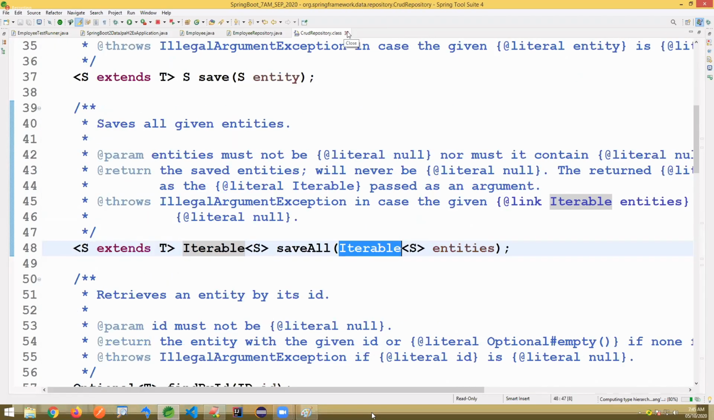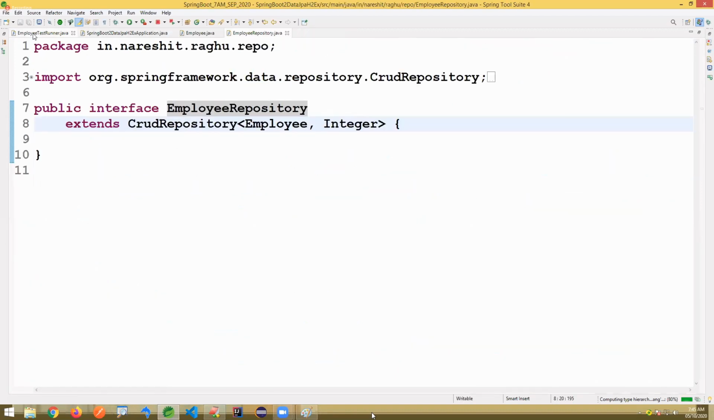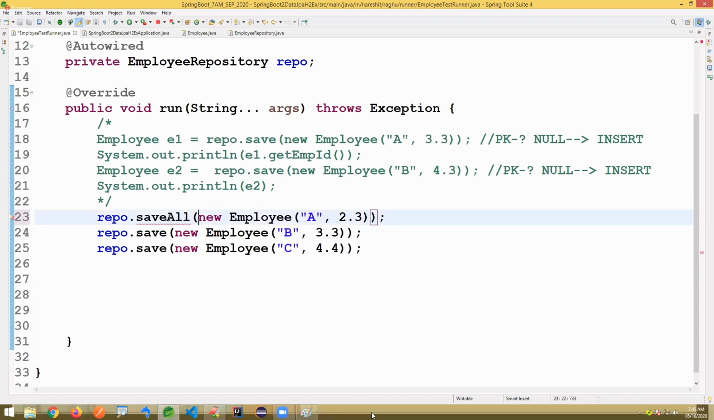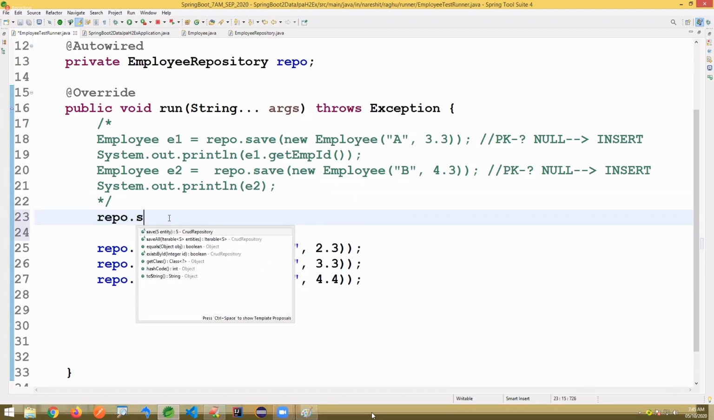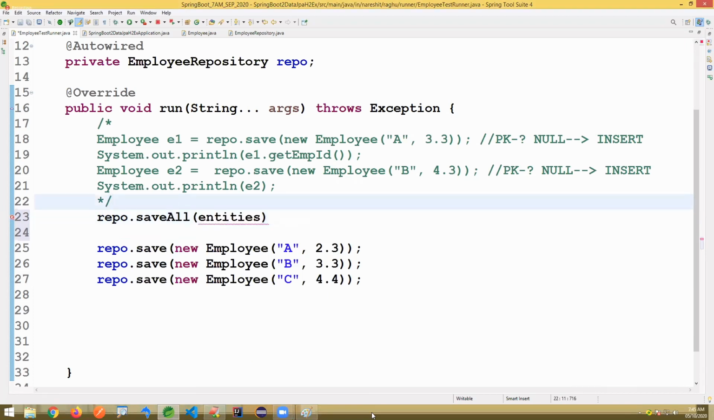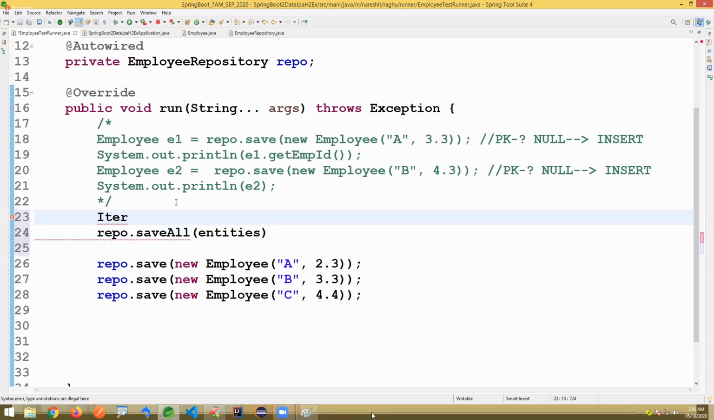So if you want to insert multiple records, that is also possible. That is called bulk insert. I'm writing saveAll. We can call repo.saveAll if we want to insert multiple records at a time. But here the type is Iterable. Iterable of Employee, I'm writing here, that's the itr. I'm writing a new list of